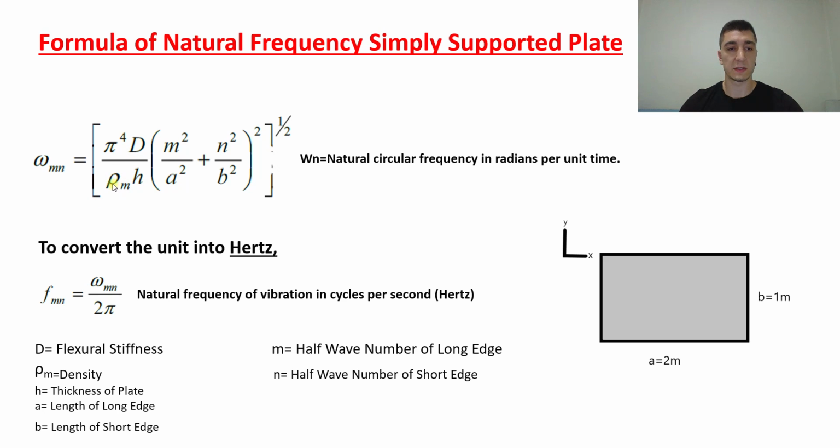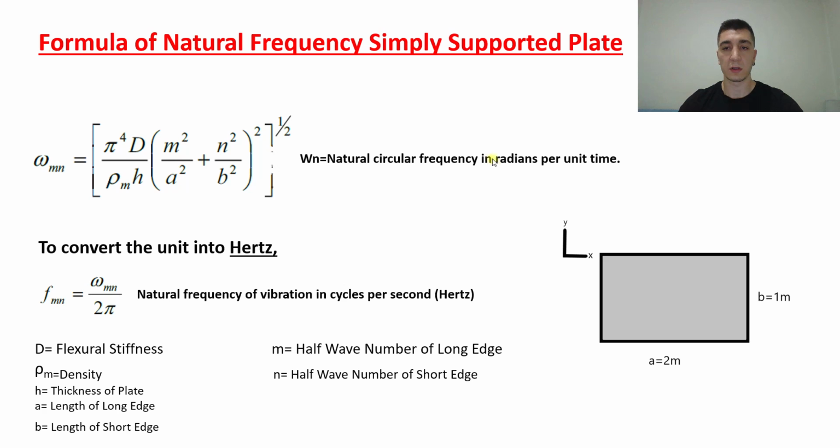And this is rho, the density, and this is h, the thickness. m is the half wave number of the long edge, and n means the half wave number of the short edge, and also a and b are the lengths of the edges. So